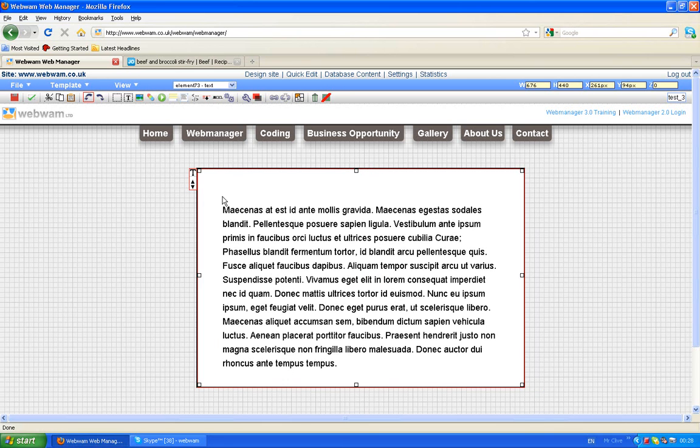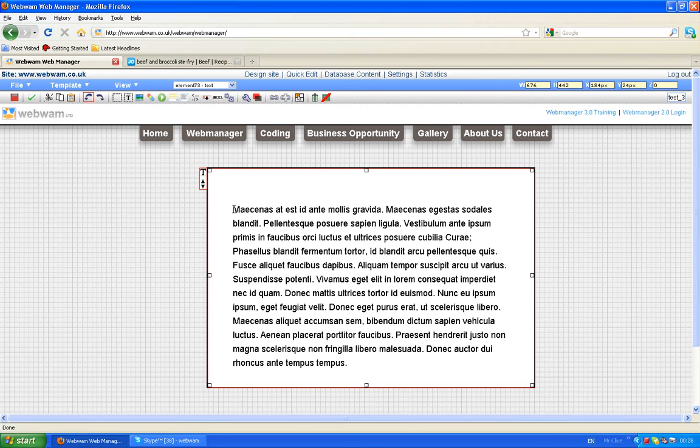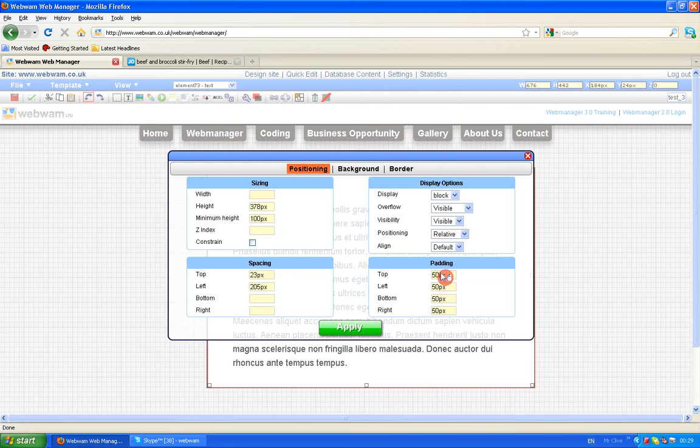Okay, so now you can see that the text has space around it between the border of this element and the text itself. We now have approximately 50 pixels worth of spacing going on, or padding as we call it. Now you can see between the top line here and the top border it looks like a bit more than 50 pixels, but that's probably because there's some margin or padding applied to this text, so it appears to be slightly more here. So we can compensate for that by